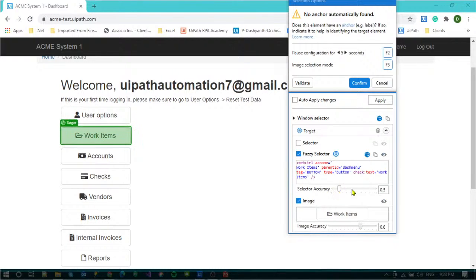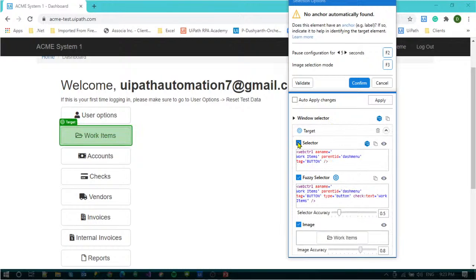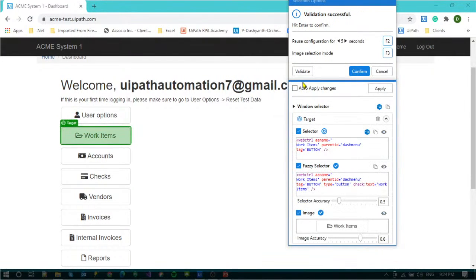This fuzzy selector accuracy 50%. This is 0 to 1 the accuracy will be. So we can enable selector as well here, and this is how we need to confirm. So before doing that, we can validate. So if we validate, it will also ask for